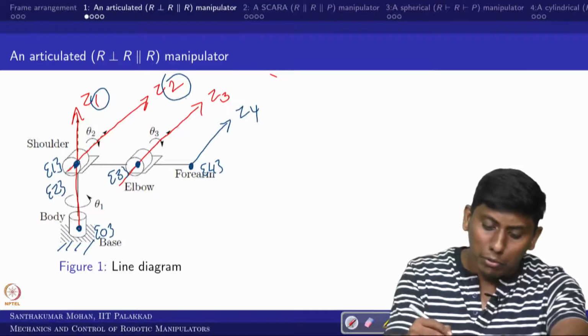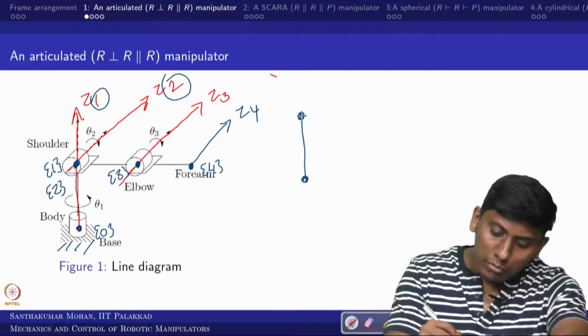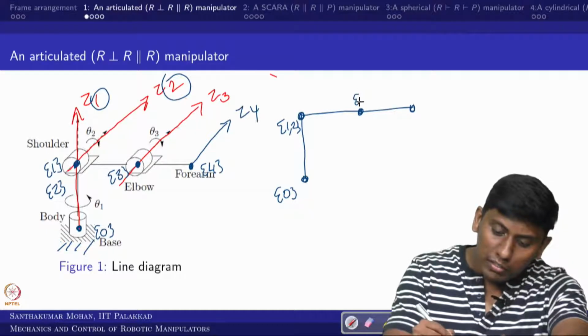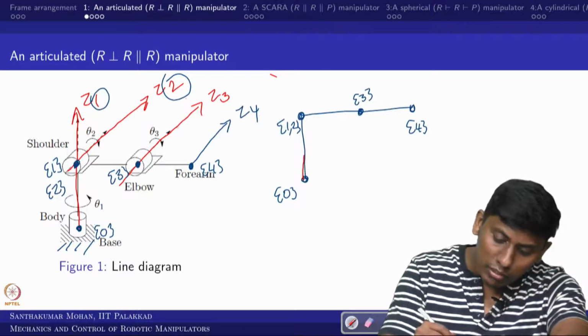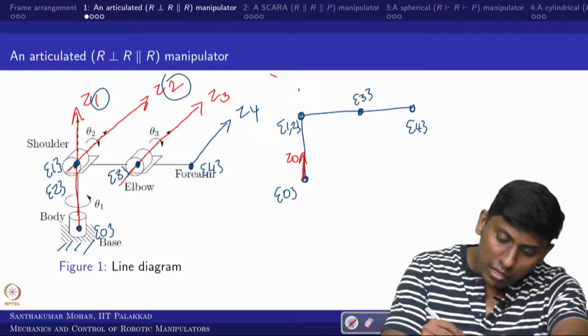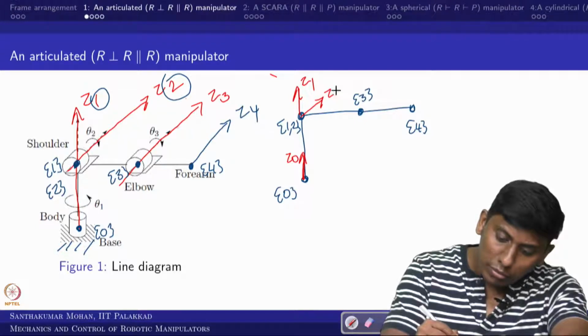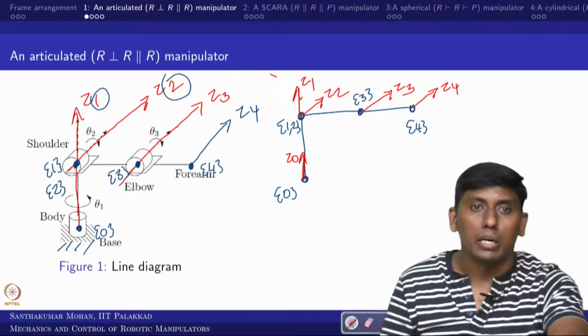Now the same thing I am drawing here, just for your benefit. What we did: this is 0 and this is 1 and 2 and this is 3 and this is 4. So what else do we know? I am drawing this. This is Z0 and this is Z1, and this is Z2 and this is Z3 as per the configuration, and the final one is my choice and the beginning also my choice.